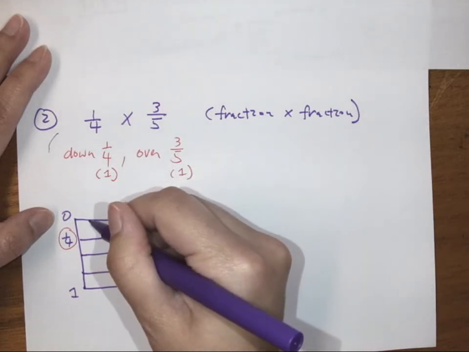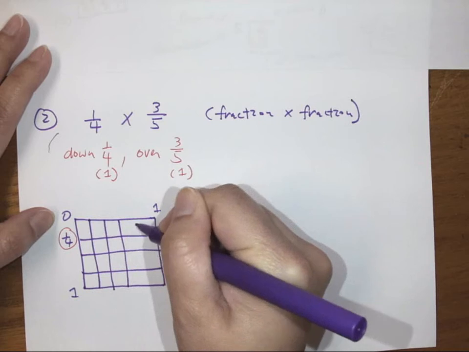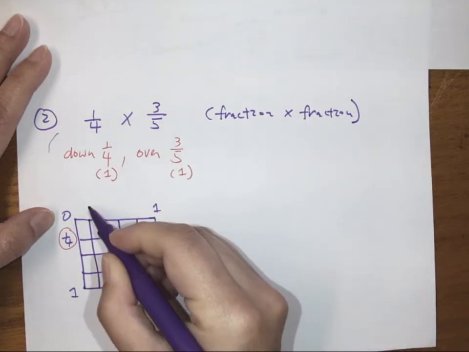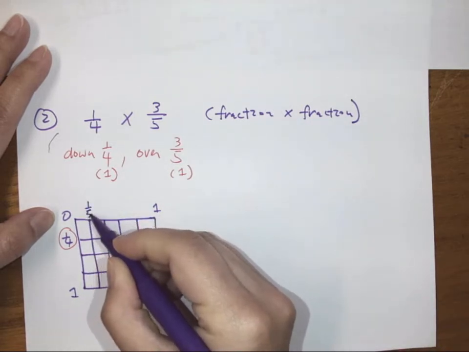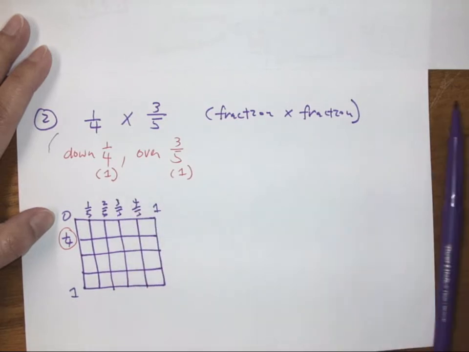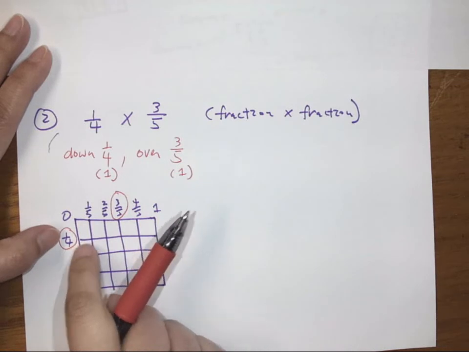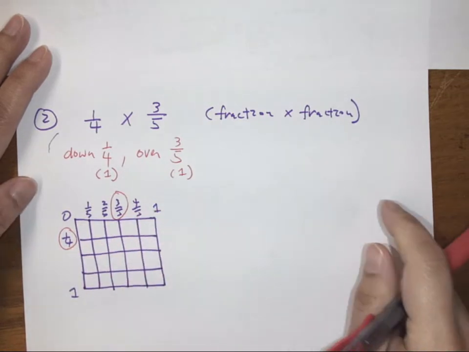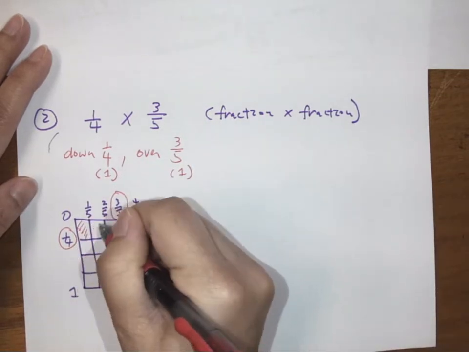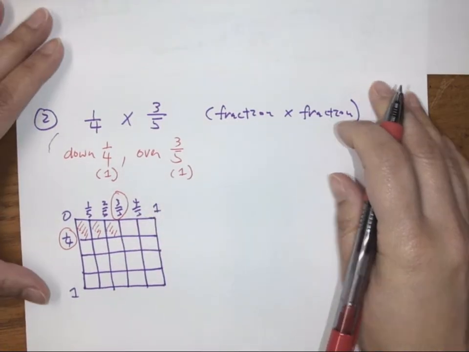Okay, 5. So it's going to be 1, 2, 3, 4, 5. So this is 1/5, 2/5, 3/5, 4/5. Okay, so I need to go down to 1/4 and over to 3/5. And that's all I'm shading, right? So down to 1/4, over to 3/5. And when I need to find my answer